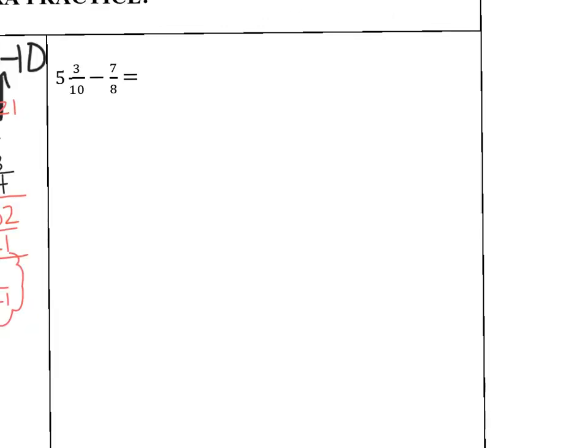All right, if I were to pretend like we didn't have fractions here, that would leave me with 5. Now I could cross this 7/8 out, and it would be maybe 5 minus 0, which would put me around 5. You could also round that up to 5 minus 1, which would put you around 4. So we're looking somewhere between 4 and 5 as our final answer. Notice it is positive either way we look at it, so we should have a positive answer between 4 and 5. All right, so let's go back to our original